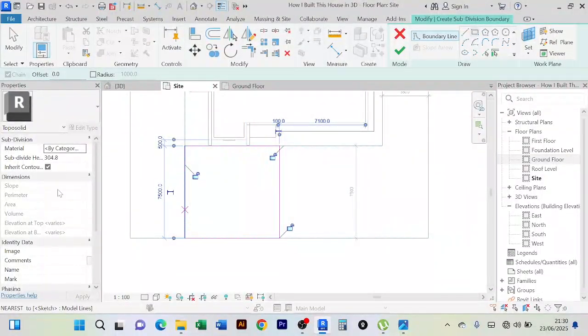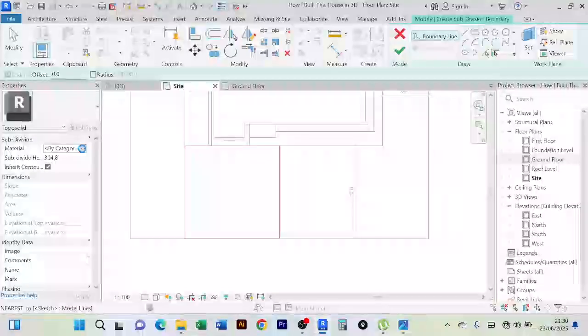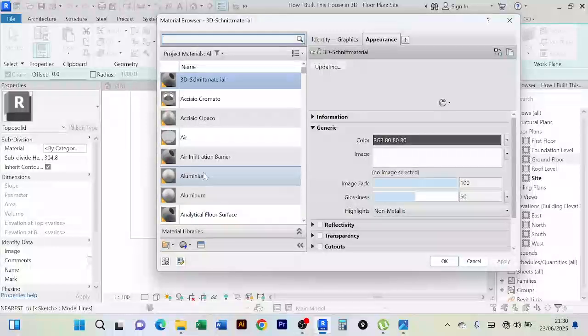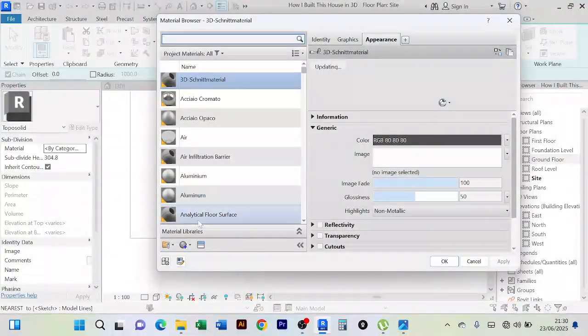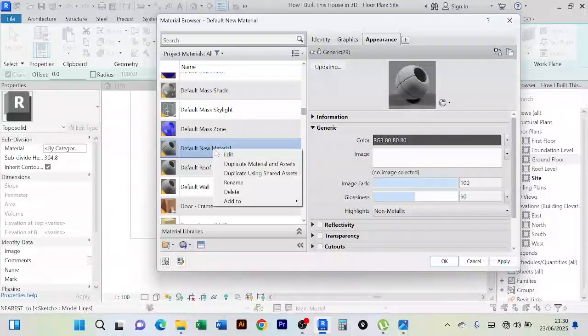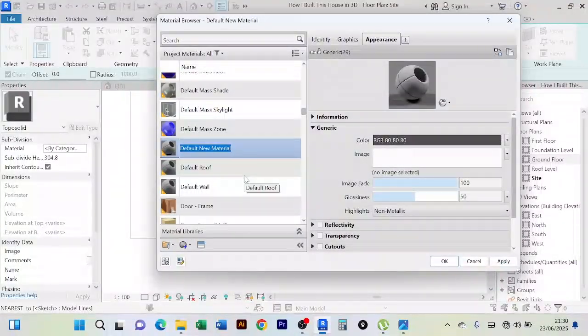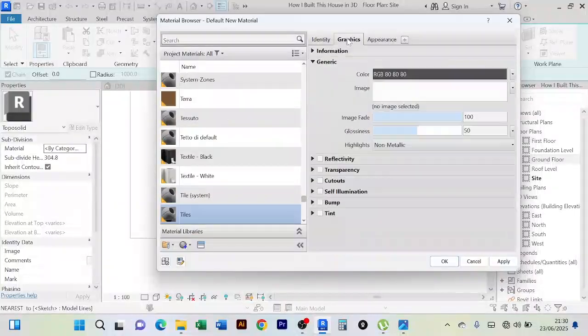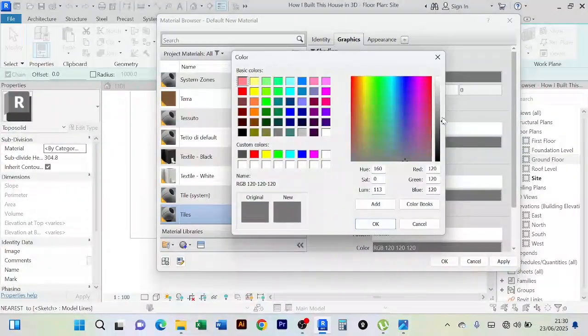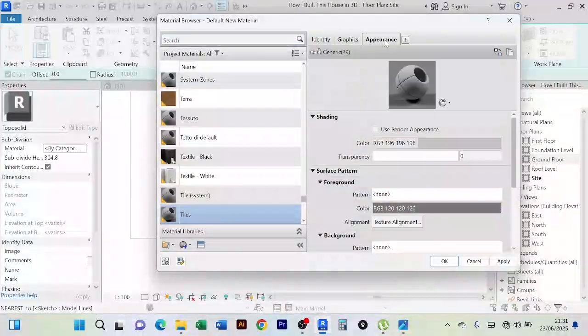So when you come to the properties, you see here materials. Now you can click on this material, then it will generate for you these properties where you can create your own material. Now let's say we are renaming this to tile. So in the graphics, I want it to be a little bit gray. Then when I come to